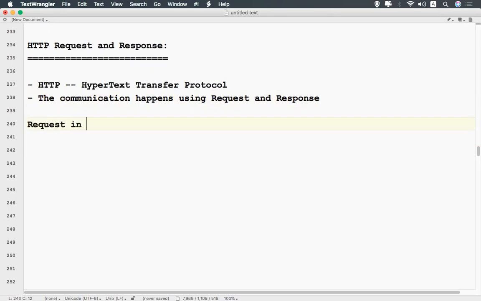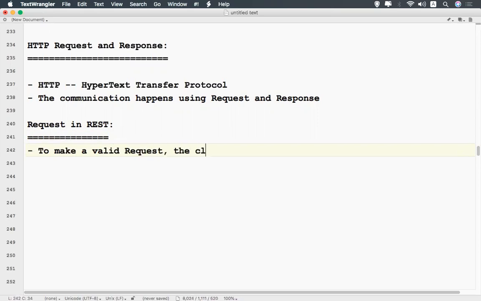Okay. So now we'll talk about the request in REST, how a request happens in REST API. To make a valid request, the client needs to include four things.